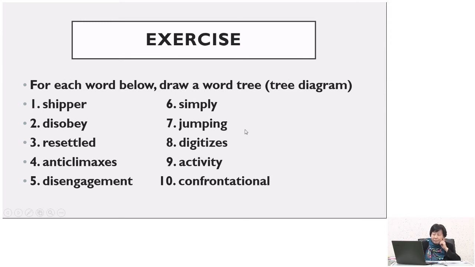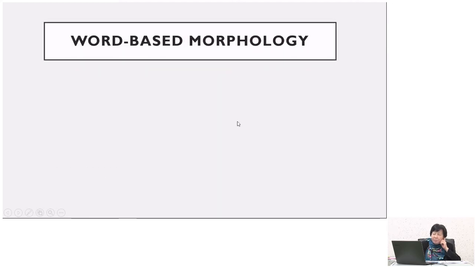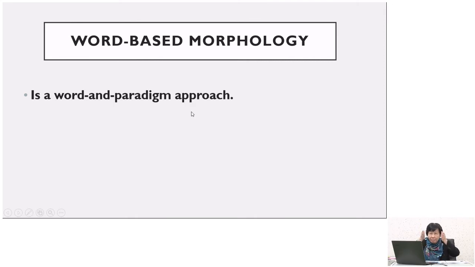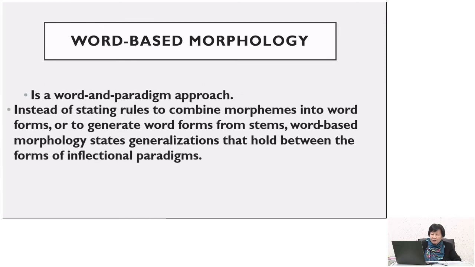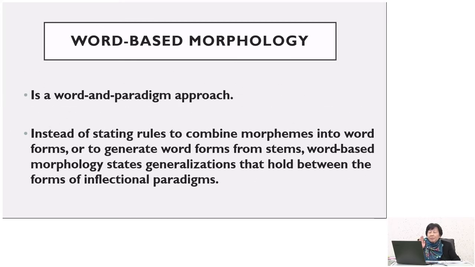Now we come to the word-based morphology. What does it mean by that? This one we call the word and paradigm approach. Paradigm is in the column, the set of words. What does it mean by that? The word-based morphology is to study morphemes, but instead of stating rules to combine morphemes into